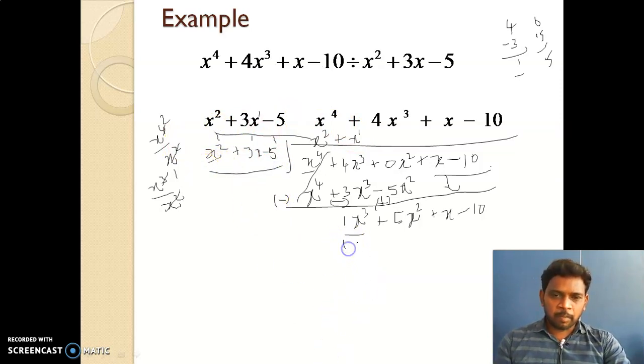So the first term will be the same definitely. It will come like this only. And the second term, here 3 is there, here 1 is there. So plus 3 into 1, 3. And here x power 1. So when you multiply both, you get x square. And here minus plus, so minus. So 5 into 1, 5. That is 5 and with a variable x.